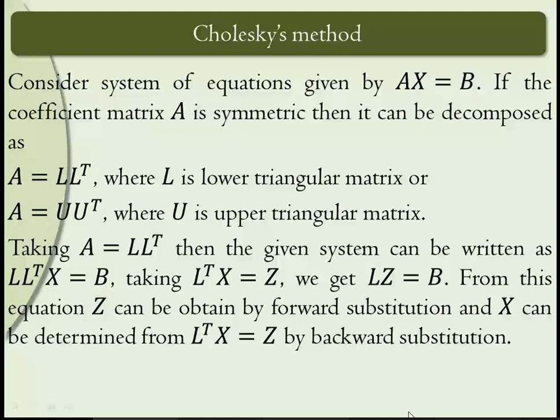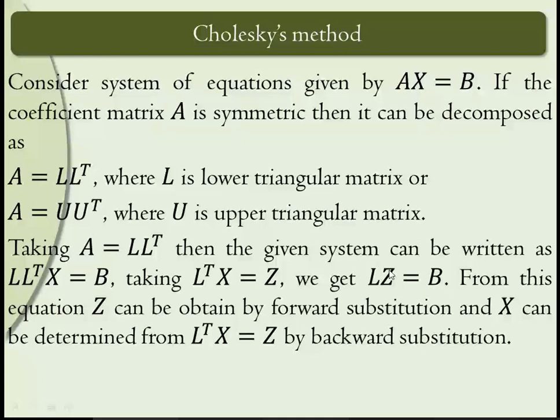Okay. So it is exactly the same as that of the LU decomposition method. The only thing we have to remember here is that we are taking only a lower triangular matrix or only an upper triangular matrix, product of L into L transpose or U into U transpose. If we take U into U transpose, then here we get U into U transpose into X equal to B. U transpose into X will be Z. U into Z will be B. Okay, and then simplifying, we can get first the Z terms and then the X term. Any one of these you can do.